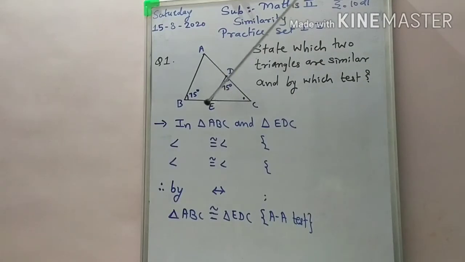So here we write the names of the two triangles: triangle ABC and triangle EDC. Actually, the second triangle EDC we can also write as DEC or DCE or ECD. But why do we write it like so? For triangle ABC we write triangle EDC, because we write the names of the two triangles with one-to-one correspondence of vertices. Okay, how do we decide this one-to-one correspondence? Let's see.